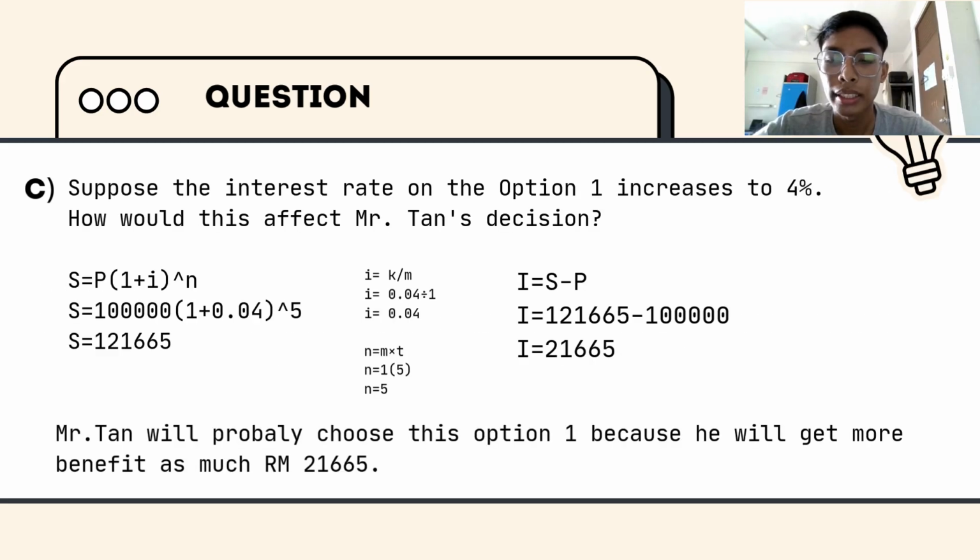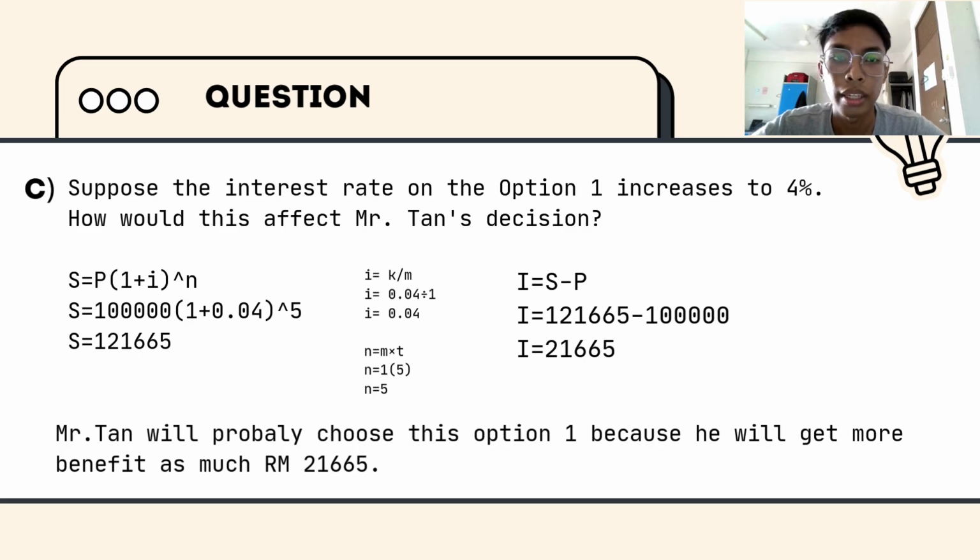Next, question part C. Suppose the interest rate on option 1 increased to 4%. How would this affect Mr. Tan's decision? Still using the same formula, S equal to P, open bracket, 1 plus I, close bracket, power of N. S equal to 100,000, open bracket, 1 plus 0.04, close bracket, power of 5. The answer is